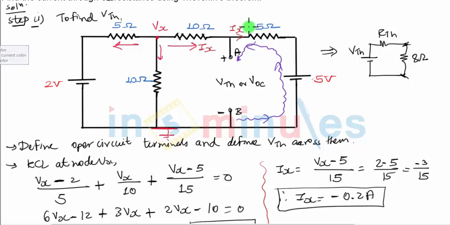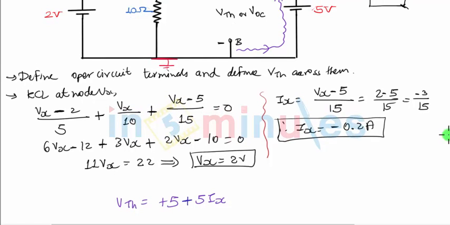If you need a little more clarification on this, because Ix is flowing towards right, the polarity of the voltage drop will be plus on the left, minus on the right. There will be a fall in voltage. And because we are traveling in the left direction, you can see we are moving in the direction of voltage rise from minus to plus, and hence our drop is positive.